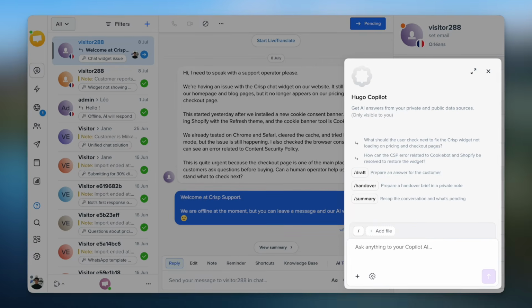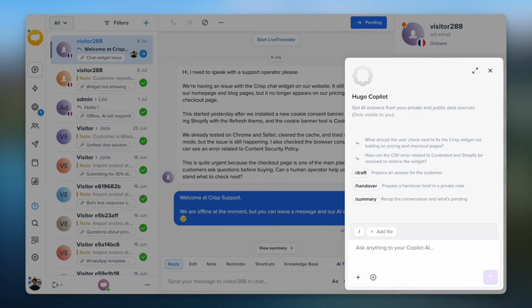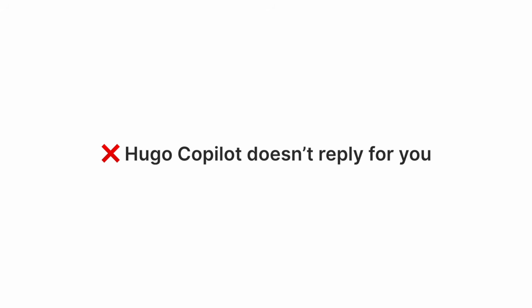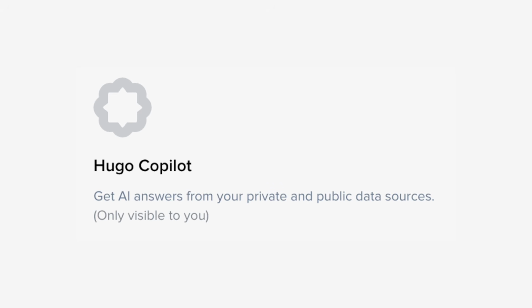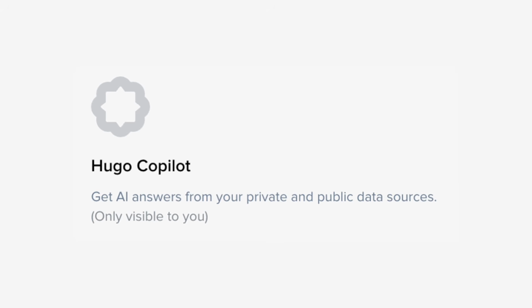So Hugo Copilot is an internal AI assistant built for support operators. Unlike Hugo AI Agent, it doesn't answer customers automatically. It helps you while you work inside the conversation and you always stay in control of the final message. And Copilot can use more than your public knowledge base. It can also use the current conversation, previous replies, private notes, customer information, attached files, and other data available in